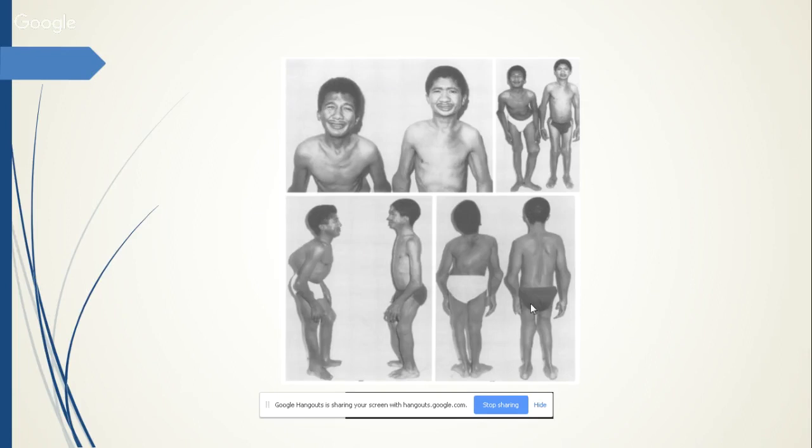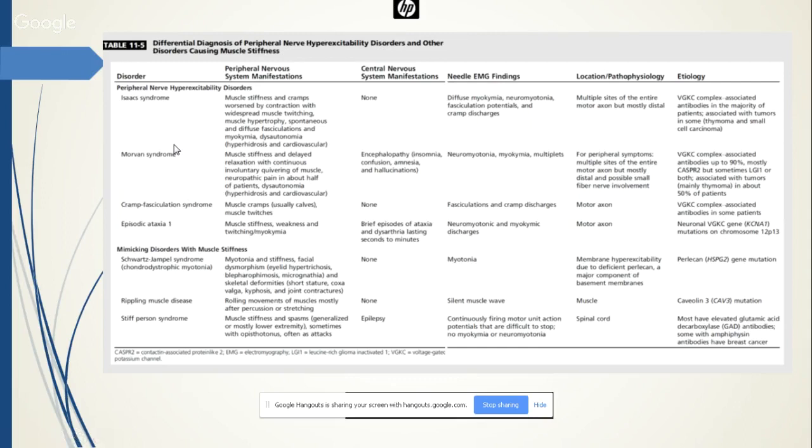Over here, you can see how they're really short statured, although the facial features are not really that prominent over here, but they should have a very small lip. Over here is basically just all the three